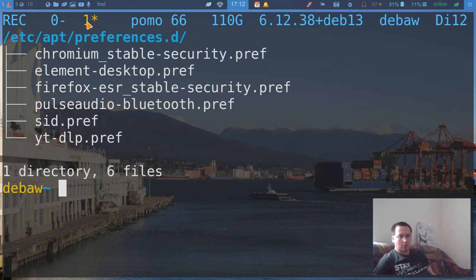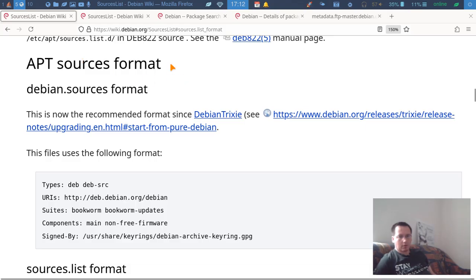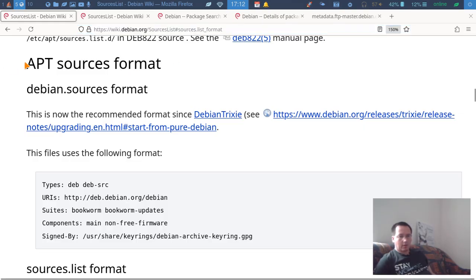Also, I want to look at the preferences. Maybe that's another video; I will link it here at the end of the video. First we go for the sources list. Let's look on the Debian webpage where we get the information. You see here wiki.debian.org, sources list. There you get the information on the wiki page from Debian, and here we have the apt